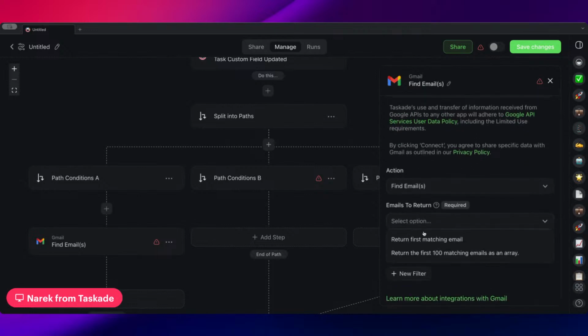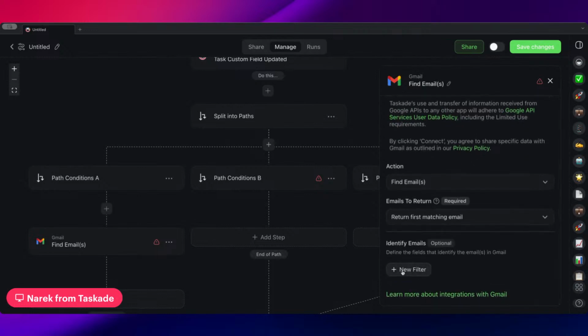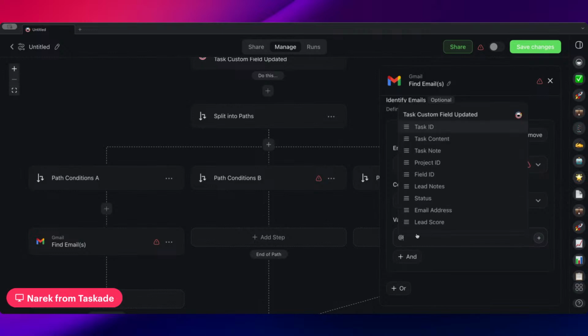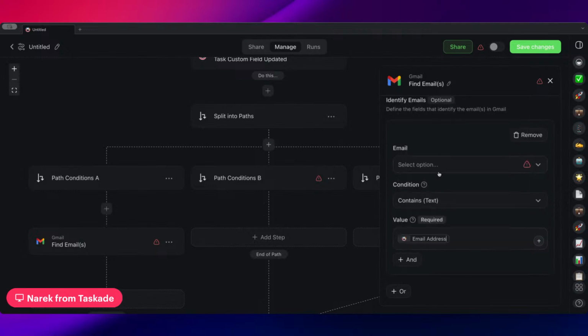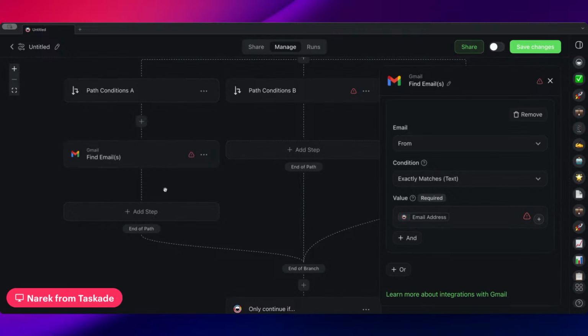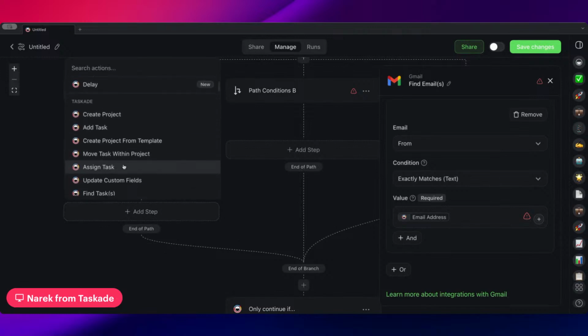And then for emails to return, you can do the first matching email. And the way you're going to match is essentially they're from, and then you would put the value email. And so you would just be able to essentially find it through here. If there are no matches over here, like this is a much more complicated use case, definitely. But essentially from here, what you can do is then you can also,